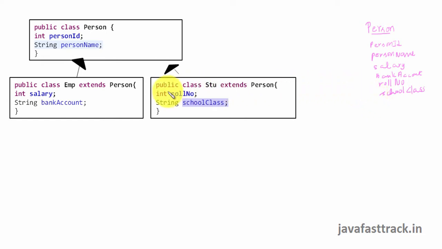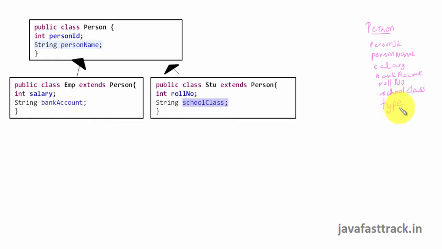Now, when you store an employee object, how will you know that you have stored an employee object? Or when you store a student object, how will you know that you have stored a student object? Or when you store a person object, how will you know that you have stored a person object? So Hibernate needs some mechanism to understand what object you have stored. So Hibernate needs one more column, say by name type.